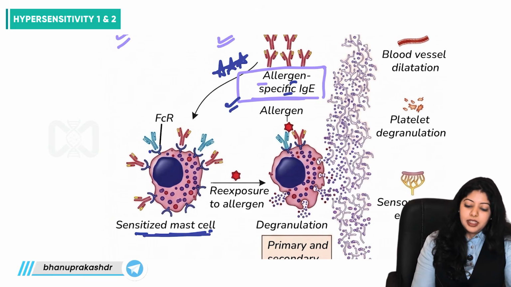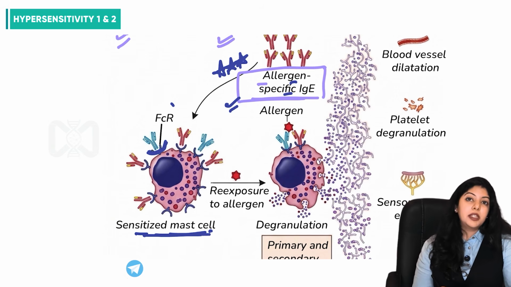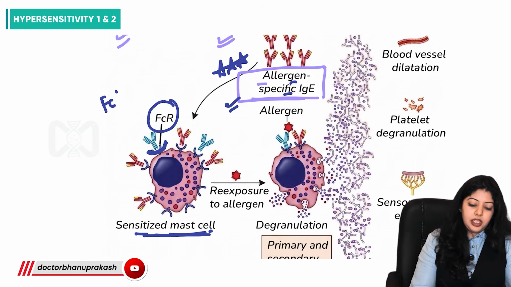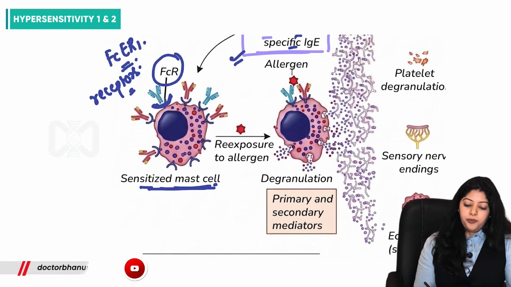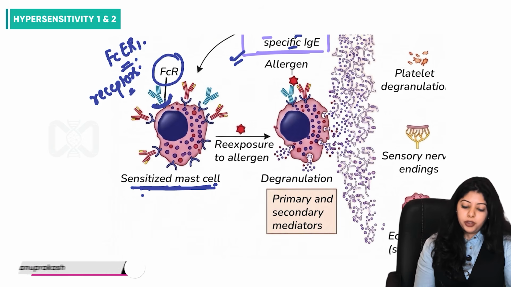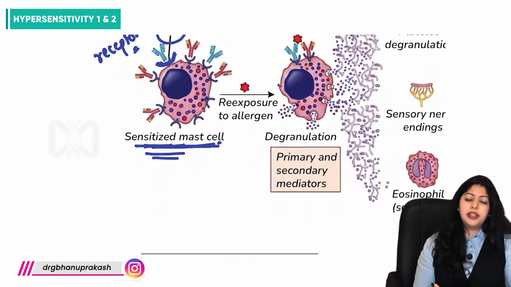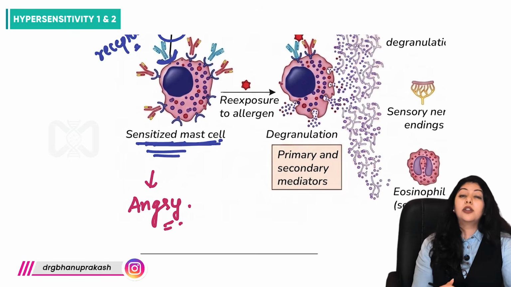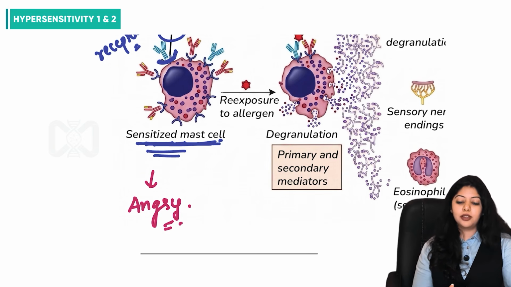So these mast cells are going to have receptors for these allergen-specific IgE antibodies, which are FcεRI receptors. So now, this coating of the allergen-specific IgE antibodies on the mast cell makes these mast cells really angry. These mast cells are now angry. These mast cells are also not fond of the allergen, just like it was happening in the very first place in the host cell, right?